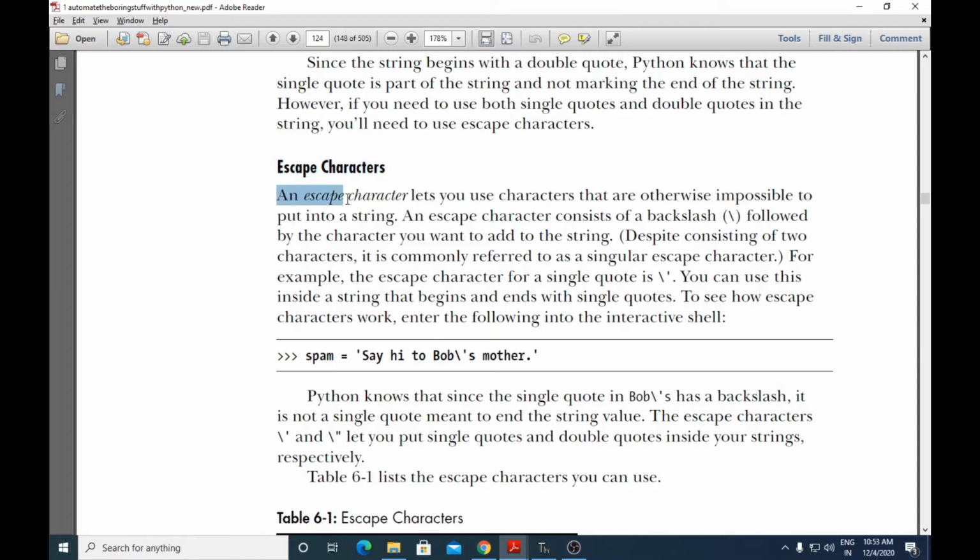An escape character lets you use characters that are otherwise impossible to put into a string. Now I cannot put a single quote within a string there. So if I want a single quote within a string, then I can make use of an escape character. An escape character consists of a backslash followed by the character you want to add to the string.